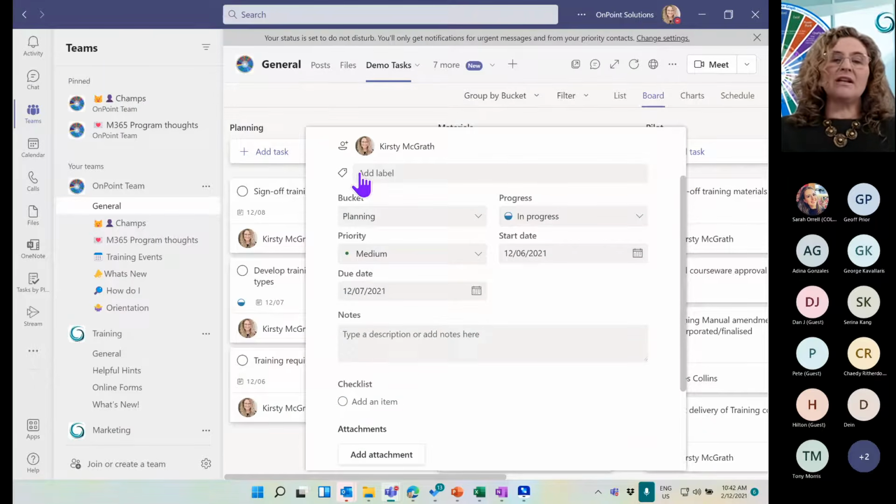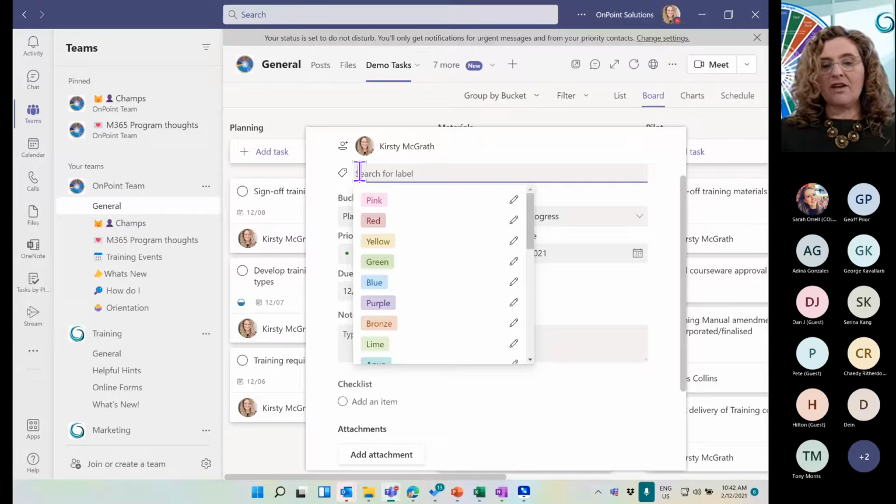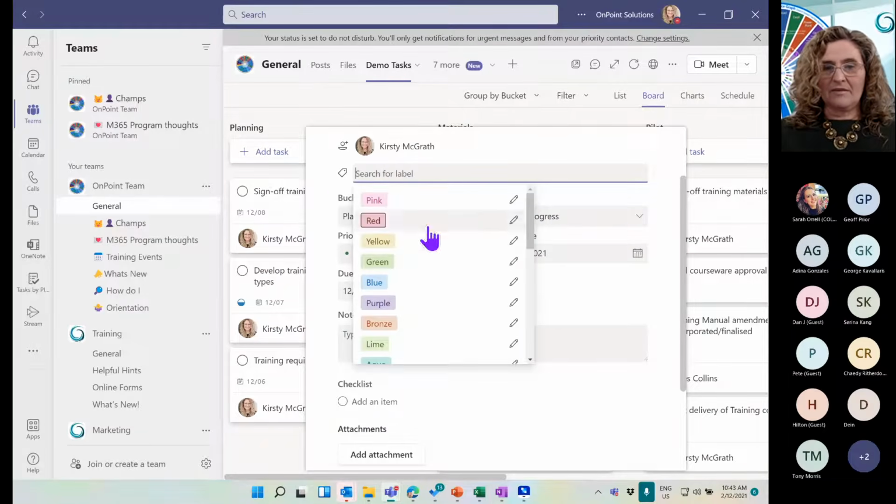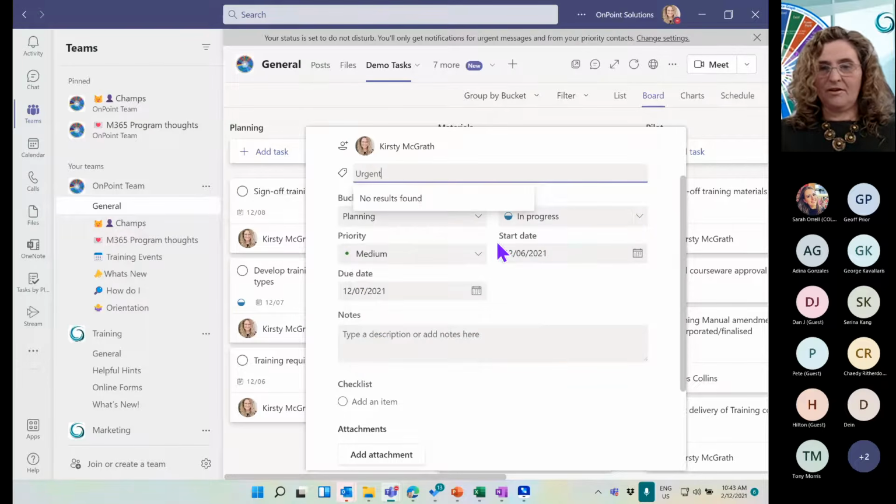Adding a label just gives us another way to categorize it. So as a team, I could edit, so for red, I might mark it as urgent. Or maybe it's about a client, for example. Let me go edit, I need to go to my labels. Let me just go edit red and go urgent.